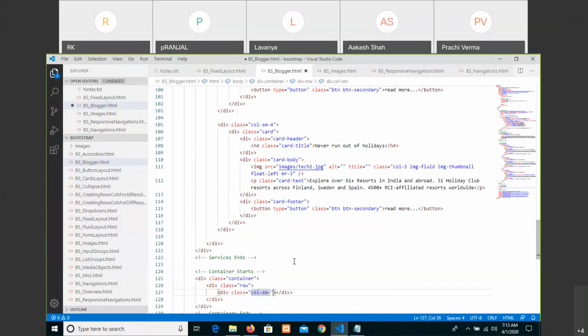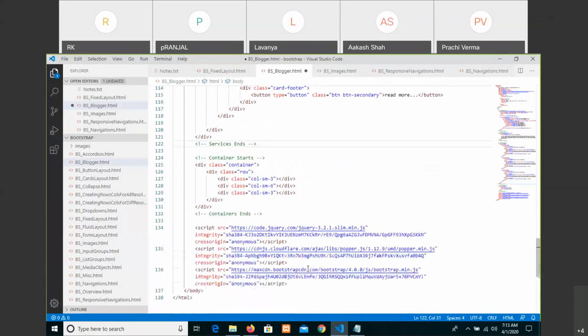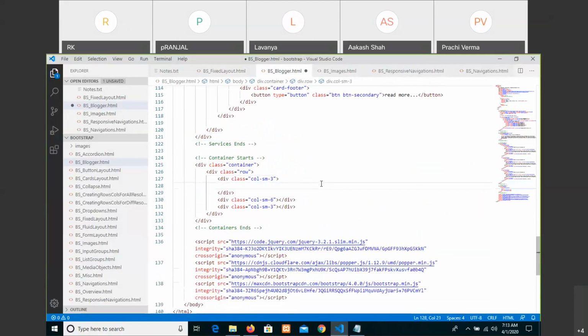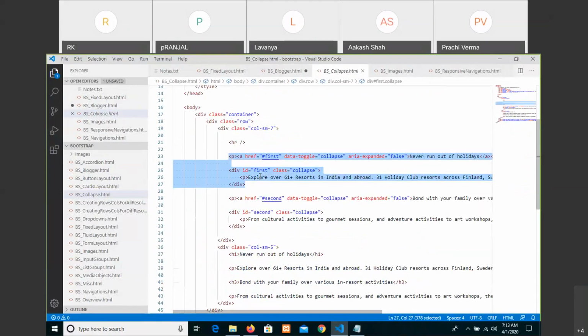column sm 3 first column, and second column I want 6, and third column again 3. Now in the left column, for the time being, whatever, I just want to create the concept of collapsing. That means when a user wants to see some matter,